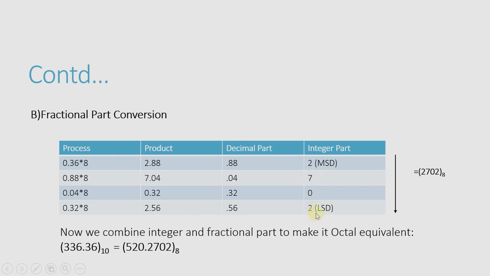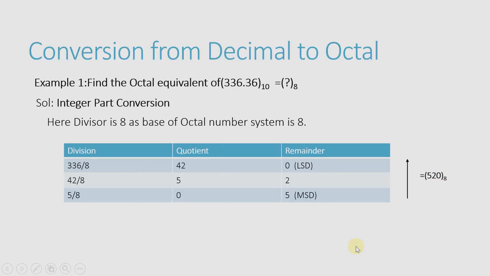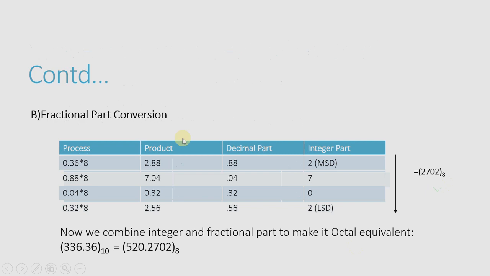It keeps going on, but we have to stop here because the multiplication may be endless. So we show it just for 3 or 4 steps. Here we show 4 steps. So I got the integer part. Now in the fractional part, as we have discussed, we have to write it from the upward to downward direction. That is, we will write it in the form of 2702. What will be the answer? 2702. As we have discussed, we already converted the integer part, that is 5 to 0, and now we converted the fractional part.